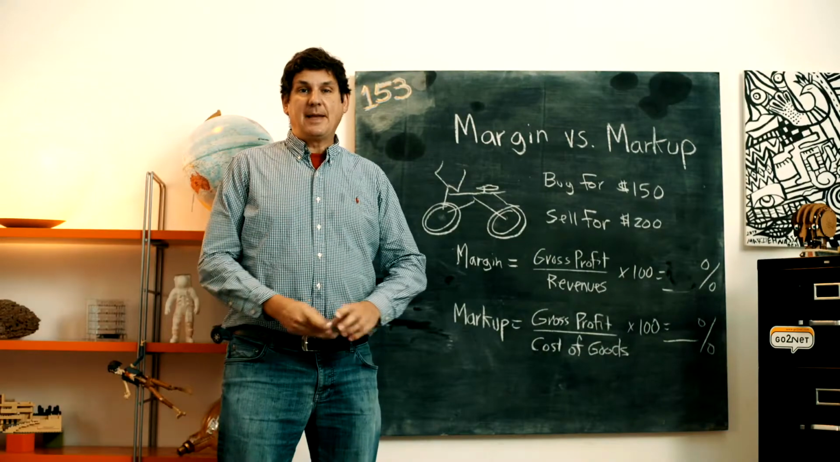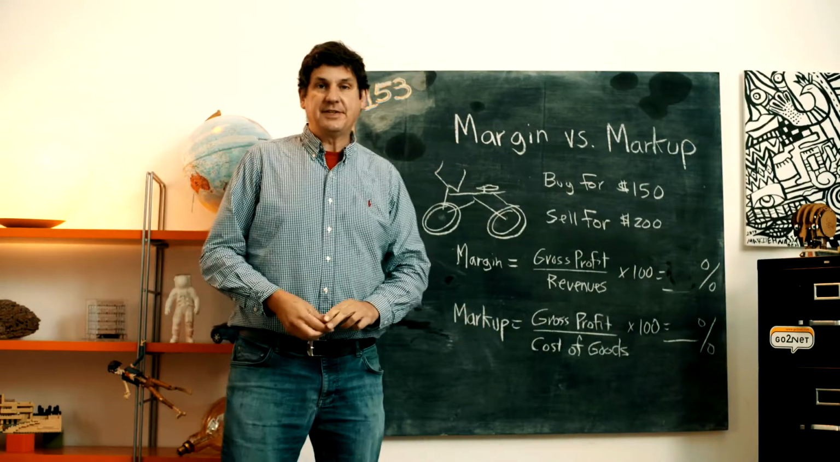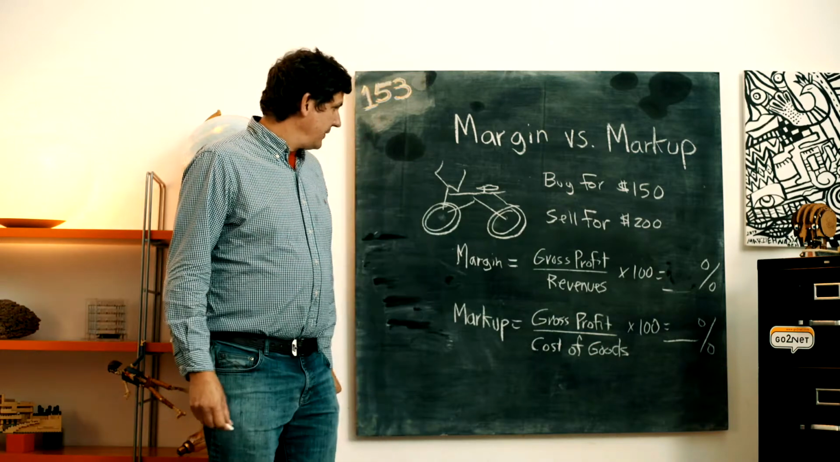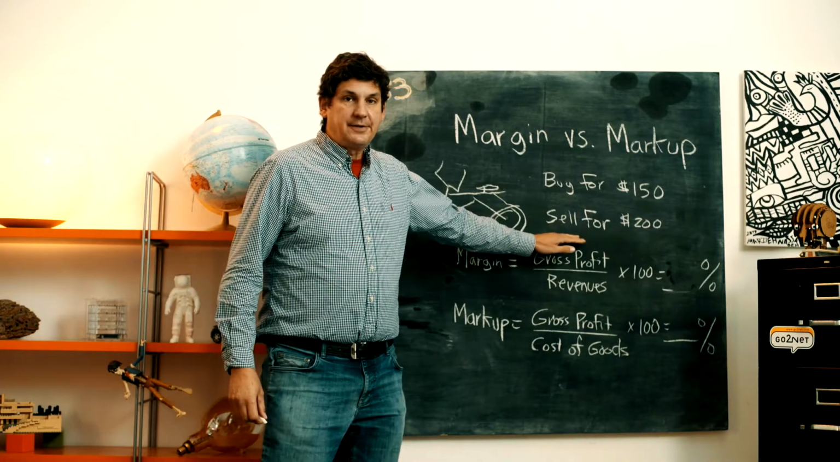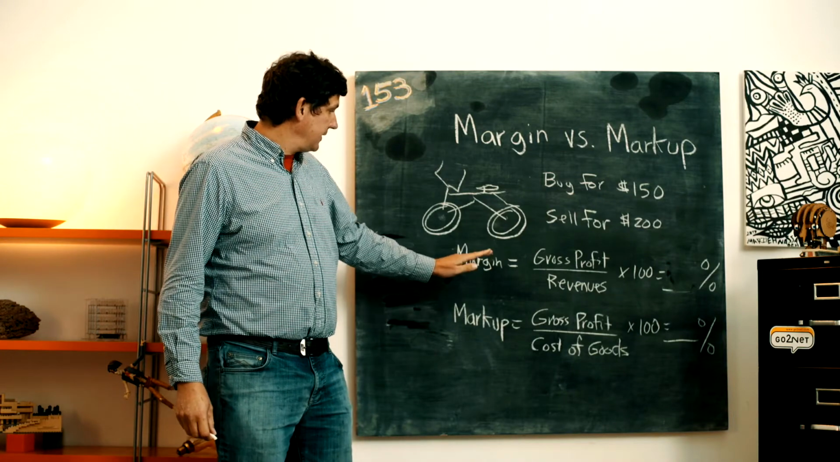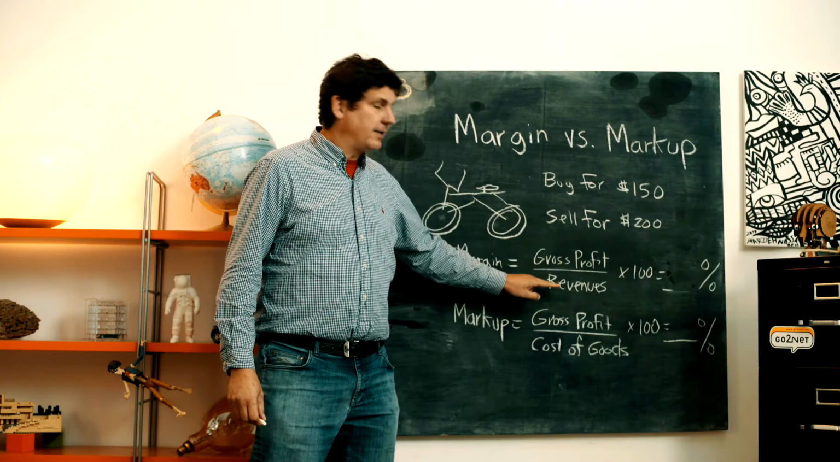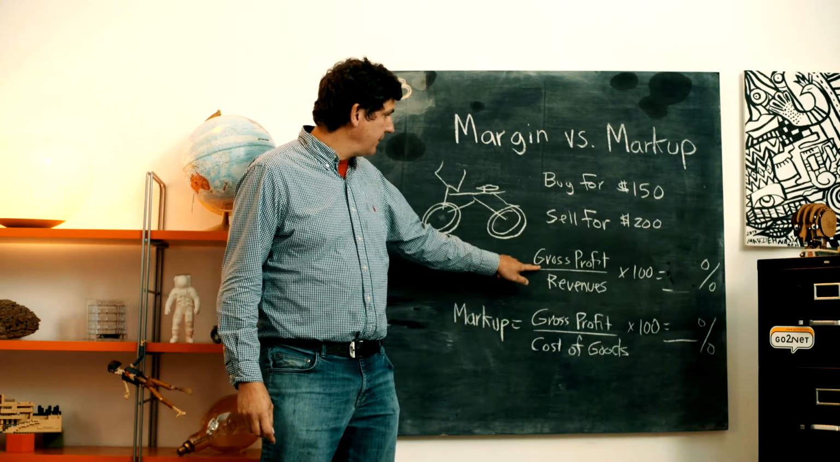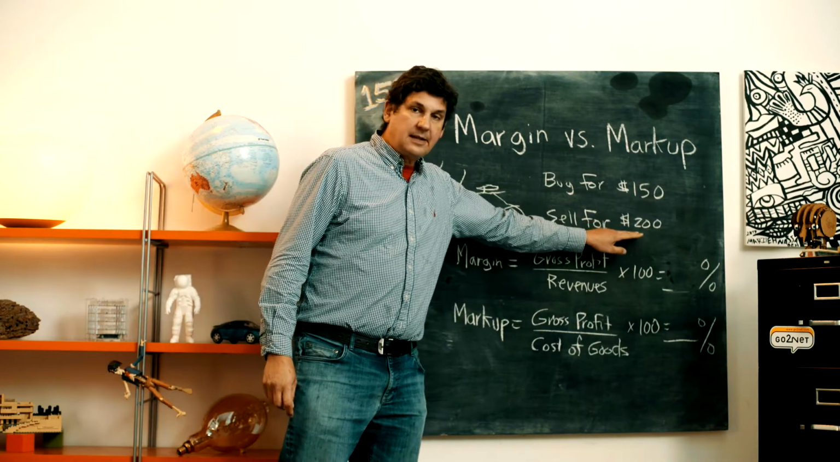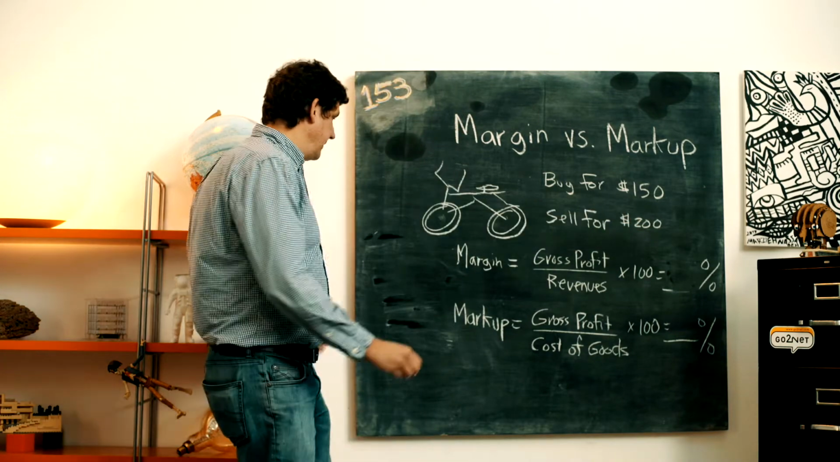Hello, welcome to the Design Make Play Math Challenge answer to the question about margin versus markup. So here we've got that bike we're selling for $200. We're buying it for $150. To calculate the margin, that's going to be equal to the gross profit divided by the revenues. Now the gross profit is going to be our selling price minus what we're buying it for. So that is the 200